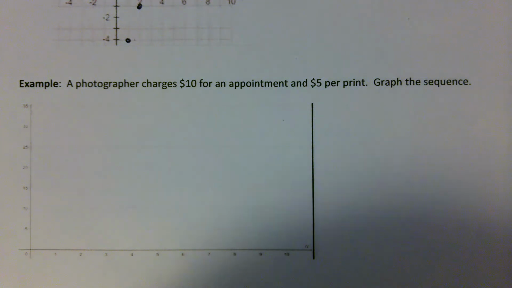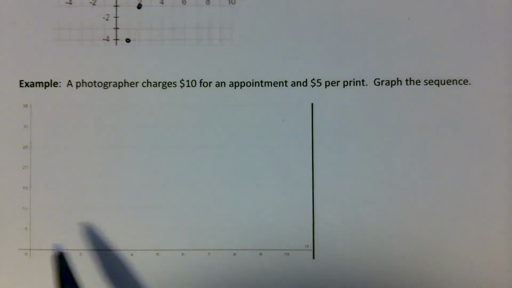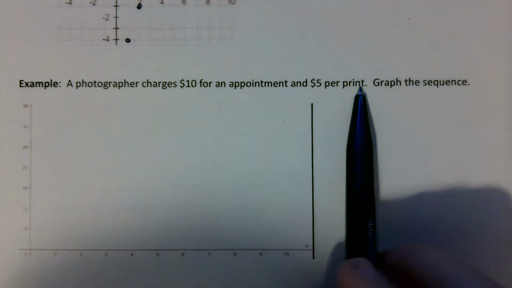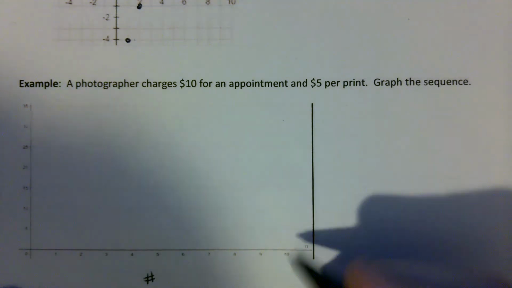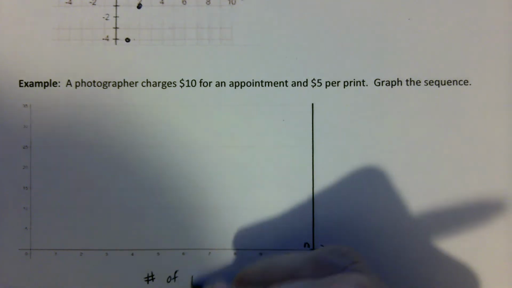And here's an example that's a real life example. A photographer charges $10 for an appointment and $5 per print. Graph this sequence. If I'm going to graph a real life application, I need to know what my axes stand for. Our first thing is how many prints we have. So our x-axis, or our n-axis, is the number of prints. And our y-axis, in this case a sub n, with this arrow here, is going to be the cost